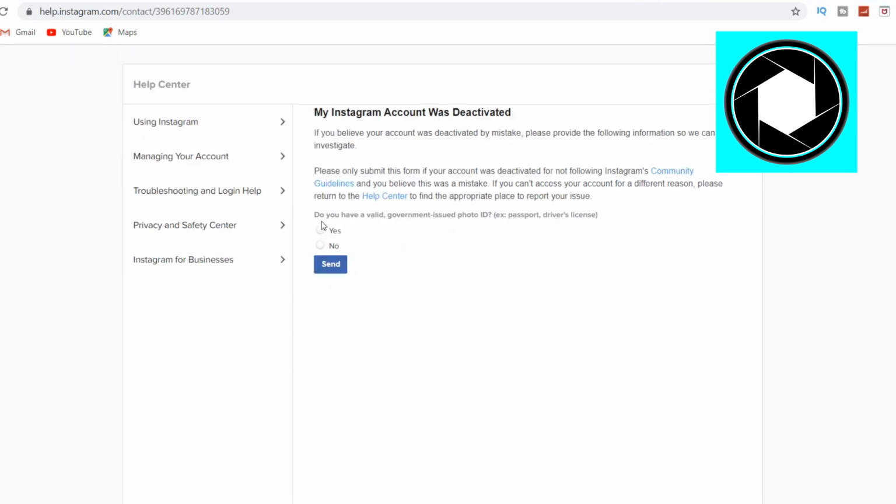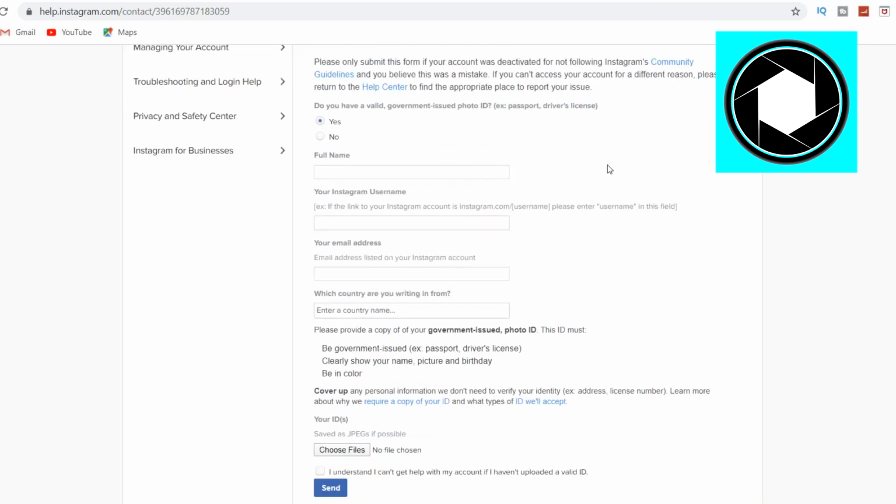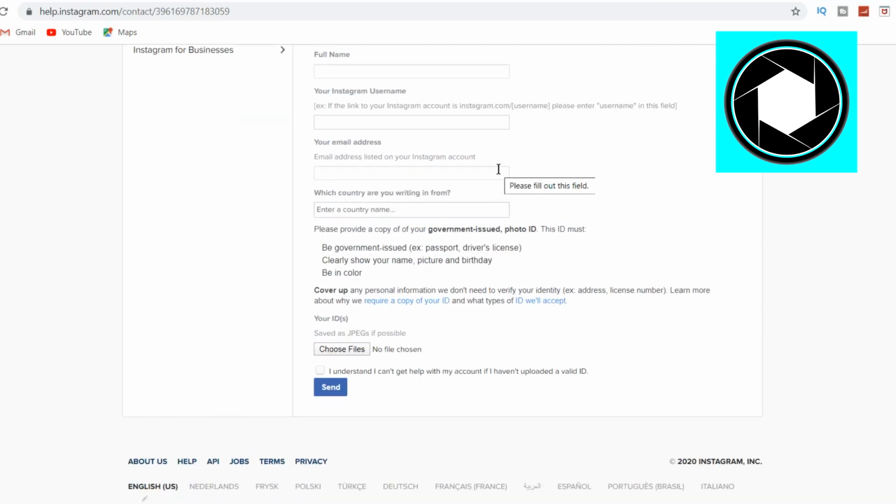First of all, you would have to say yes right there. Do you have a valid government-issued photo ID? Click on yes, and then fill in this form. So you need to come up with your full name, Instagram username, email address. So make sure you list your email address that was linked to your Instagram account. So don't use any personal email addresses. Just use the email that was listed on your Instagram account. Provide them with your country, so the country you're writing from, and then right there you can choose a file and you need to upload your ID so that they can verify it's you. Then pick that right there and click on send, and that's exactly what Sara did to get her account back